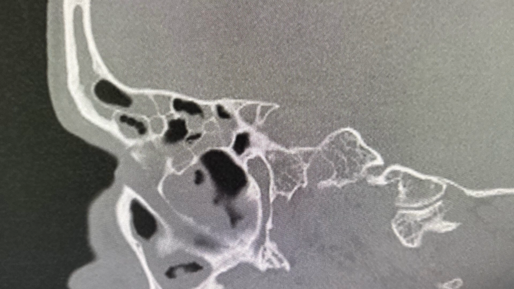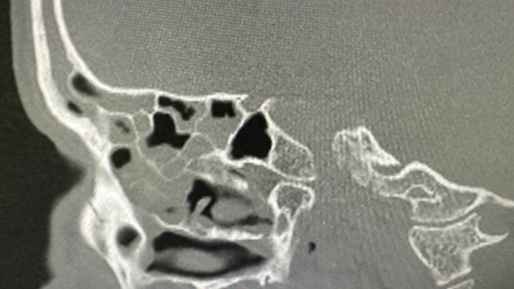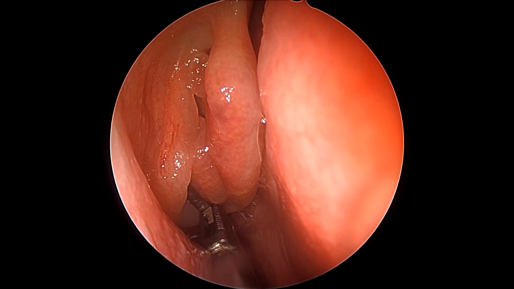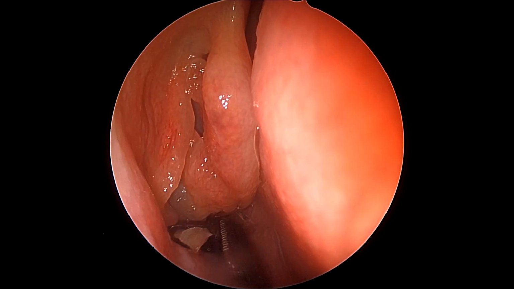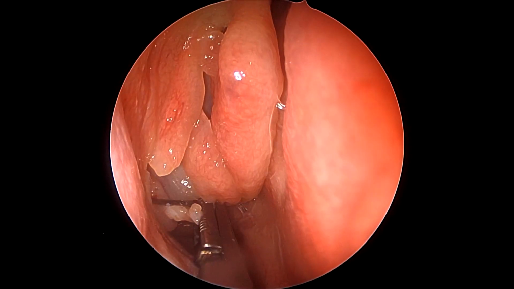Now we can see that there is both an anteriorly based T3 cell occupying less than 50% of the height of frontal sinus, as well as a frontal bullar cell which pneumatizes along the posterior wall or the posterior table of the frontal sinus. And this, when scanned in a coronal cut, can look like or appear like an isolated frontal cell or a T4 cell, which it actually is not. We proceed with